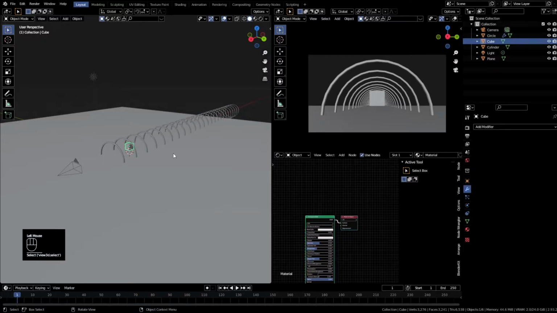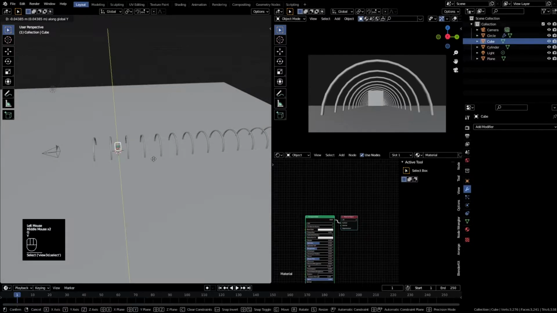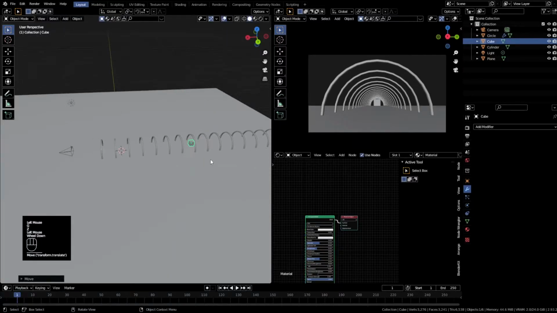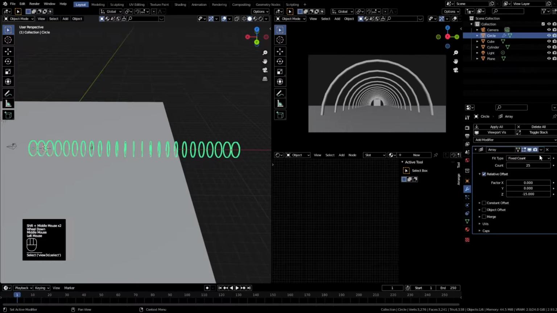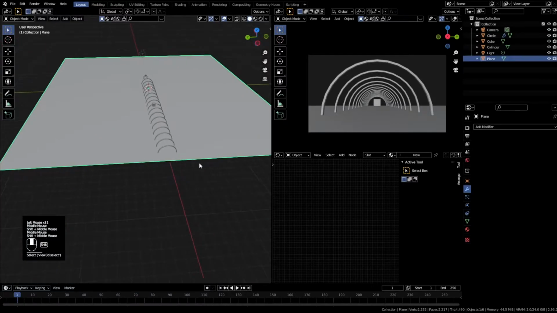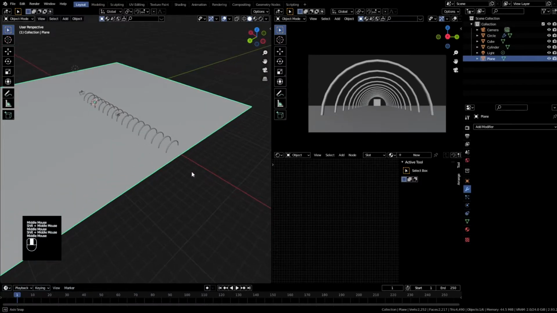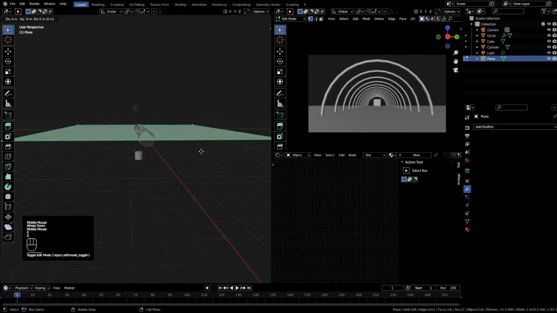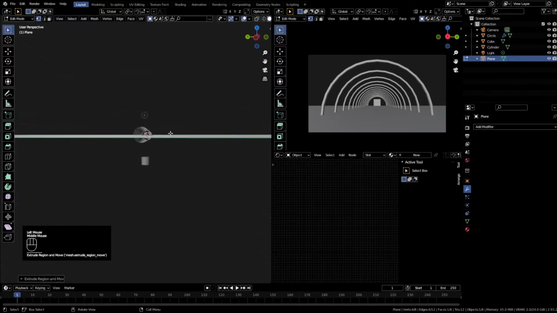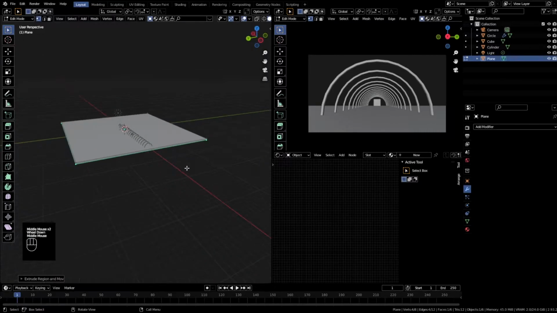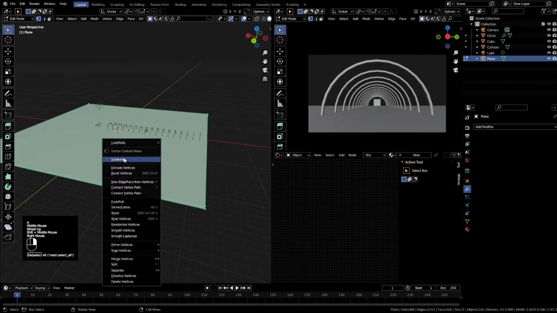Better. Alright. Grab our cube, move it on back a bit, down. That looks like a good spot. We're going to reduce the count of these until it doesn't stick off the back. That's good. Next, we are going to grab our plane, extrude it down a tiny bit so it just has a little bit of thickness to it. Then select everything and subdivide